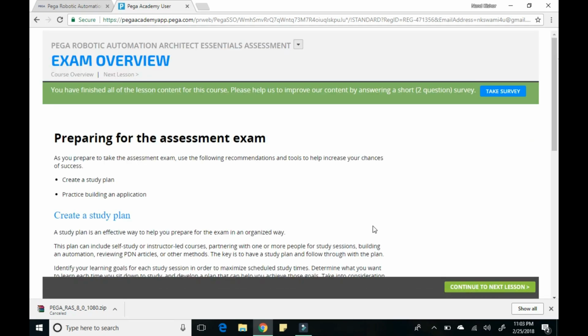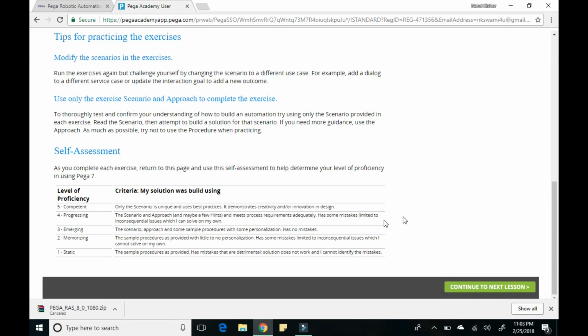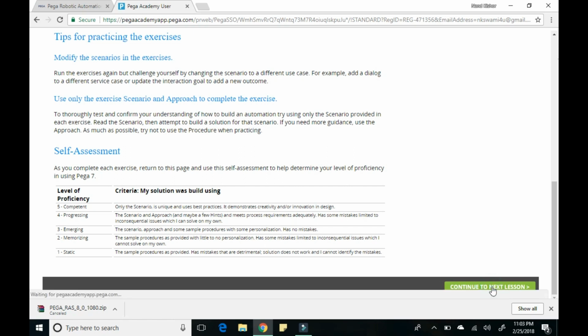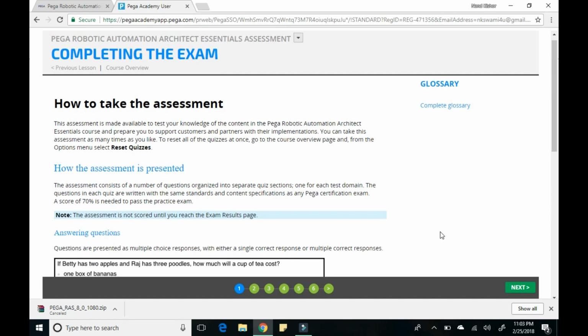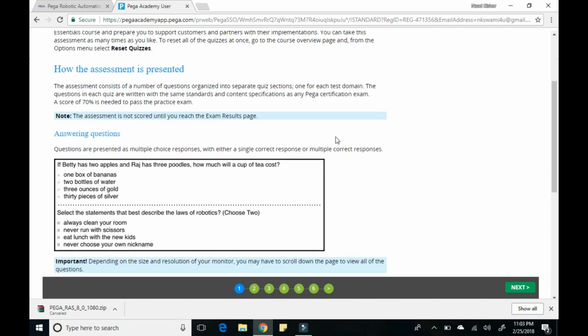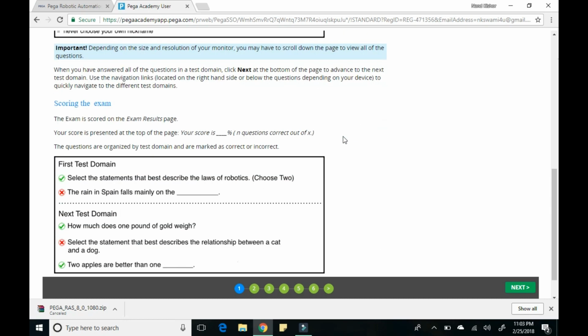Once you click on the exam overview, it will give a small overview of the exam. Then you can click on how to take the assessment. It is an introduction to how you can take the exam and how the result would look. Then click on next,